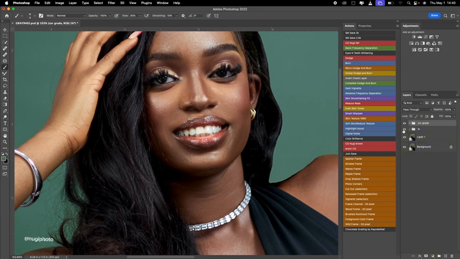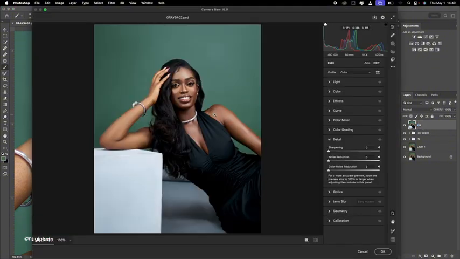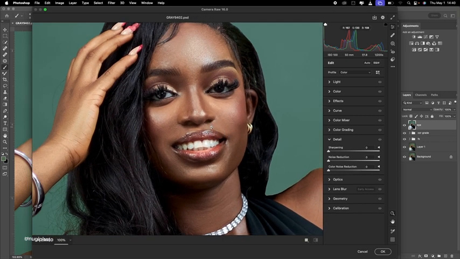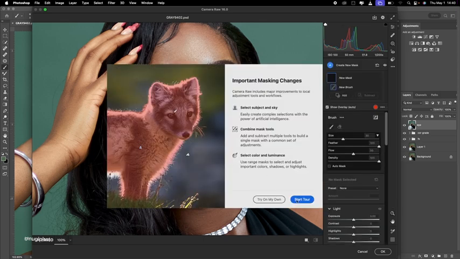Now, first of all, I create a new layer for what I want to do, eye and teeth whitening. I can just name it eye and teeth whitening. Now go to Camera Raw. Make sure you zoom into your image, the part of the image, the eye and the nose. Now press K on your keyboard. It automatically takes you to